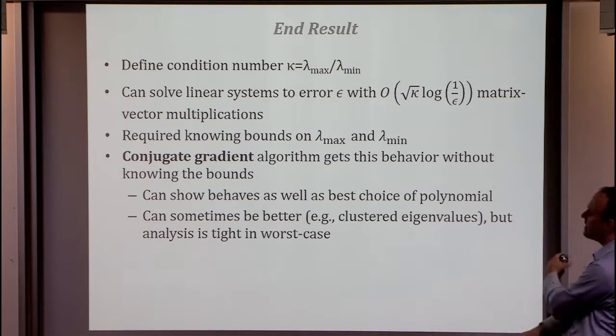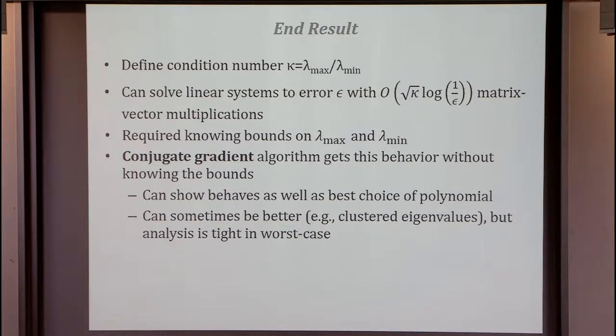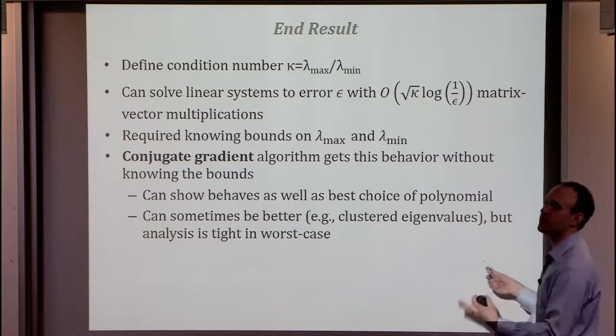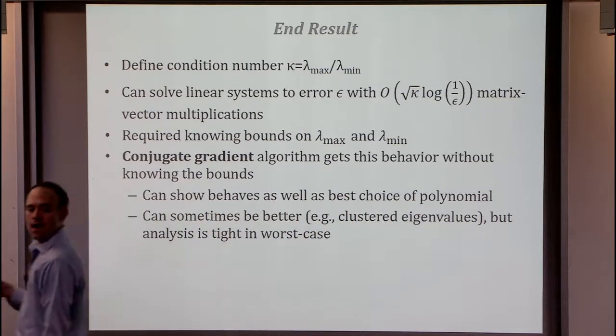Again, something worth noting is that when you have clustered eigenvalues, there are polynomials that do better. The thing we wrote down was the optimal answer assuming only a biggest and a smallest bound. If I have nice little clusters somewhere and I know something about the structure, you can certainly get polynomials that are smaller or better using that structure.